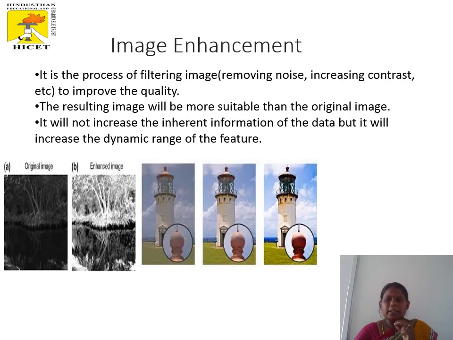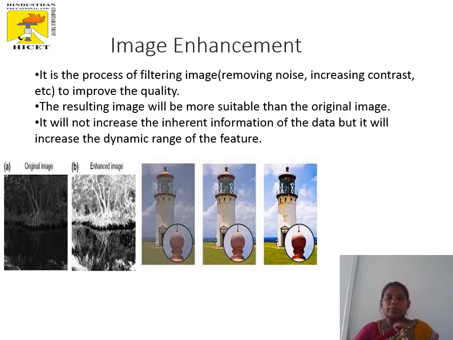Then next is image enhancement. Image enhancement is a process of removing the noise from the image, or filtering the unwanted things in the image, or increasing the contrast in order to improve the quality of the image. So the output image obtained here is better than the original image for a specific application, and it will not increase the inherent information of the data, but it will increase the dynamic range